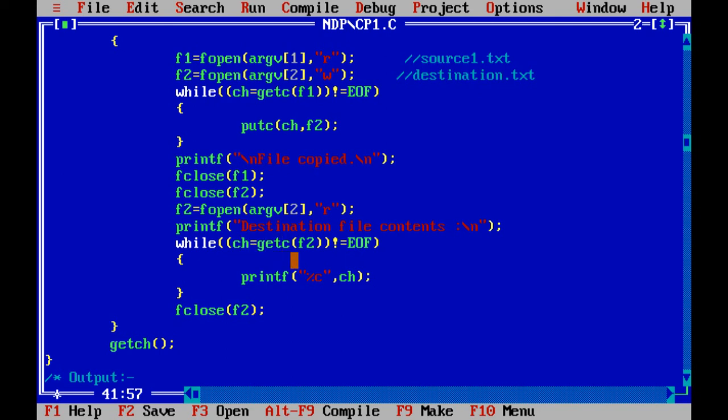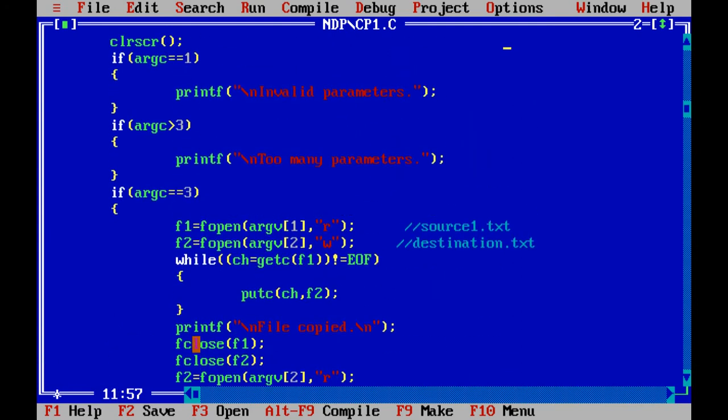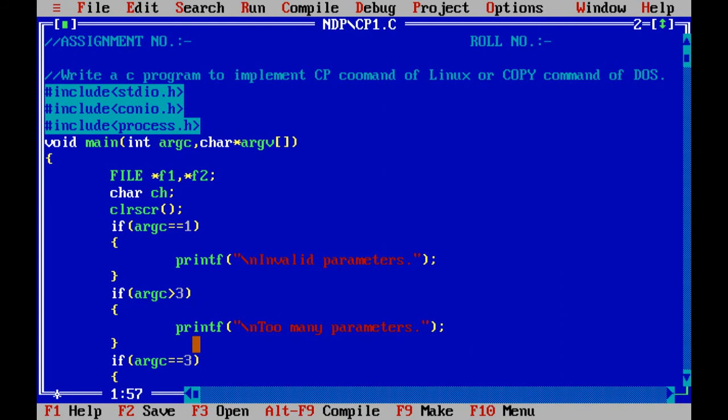We are going to get the characters from file pointer 2 until we reach the end of file, and we will print it on the screen using %c and the characters. So we will close the second file, and finally our code is completed here. So this is all about the code of the copy command of DOS or the cp command of Linux.